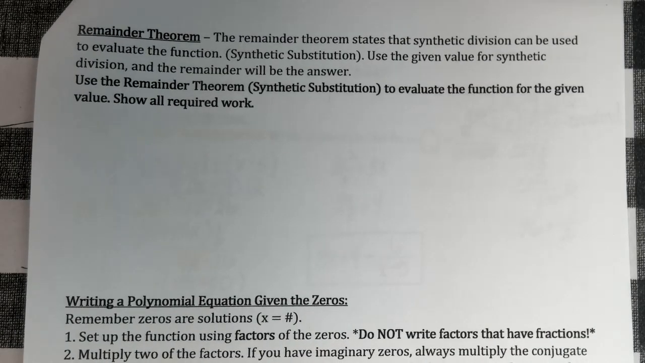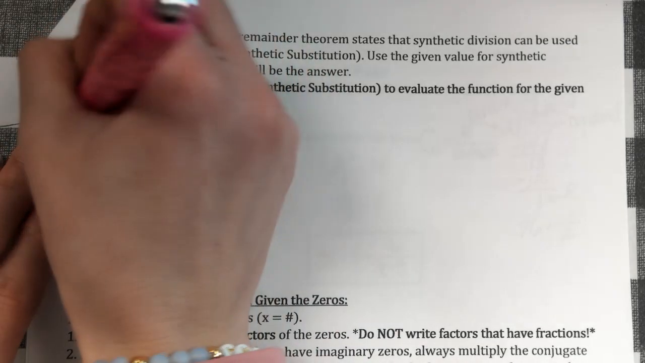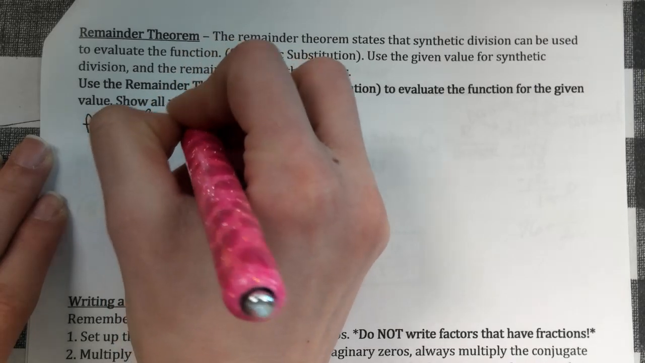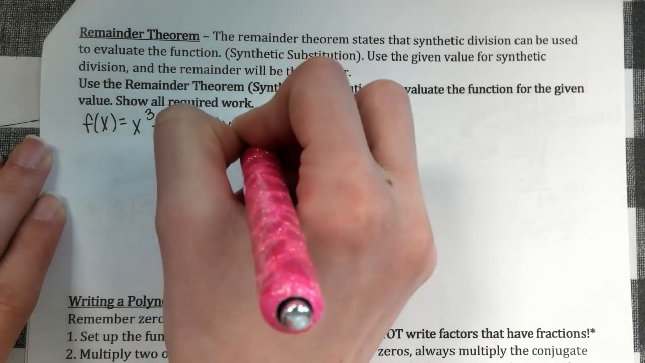All right, remainder theorem. This is your fourth section with synthetic division, okay? You have to know that when I say use the remainder theorem or synthetic substitution to evaluate the function for the given value, you have to know what that means, okay? So what the remainder theorem is telling you is that you can use a 0 or any given value, and when you do synthetic division with that, your remainder is the value of that function for that specific x value, okay? So if I give you f of x equals x cubed minus 2x squared plus 3x minus 7, and